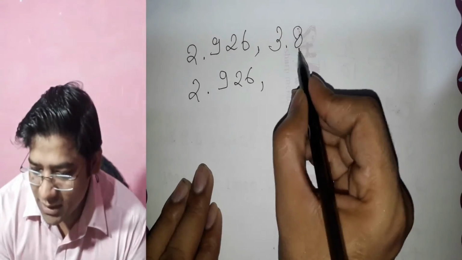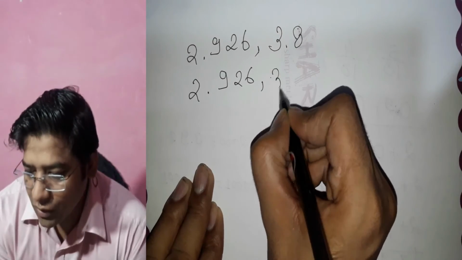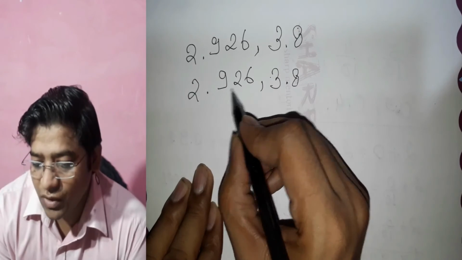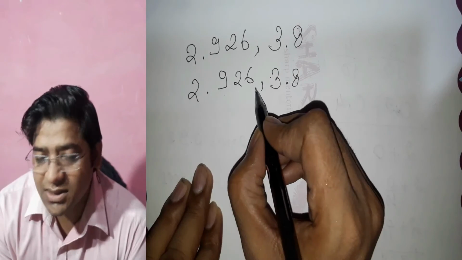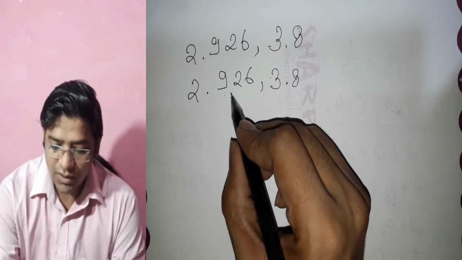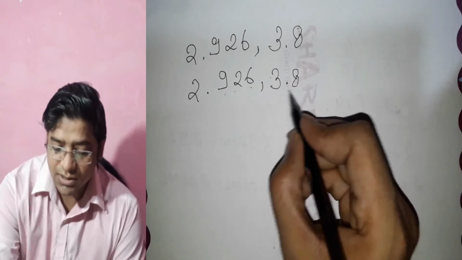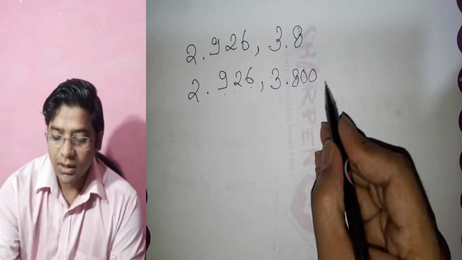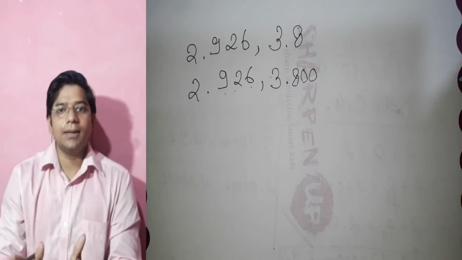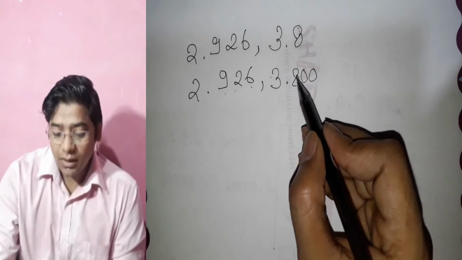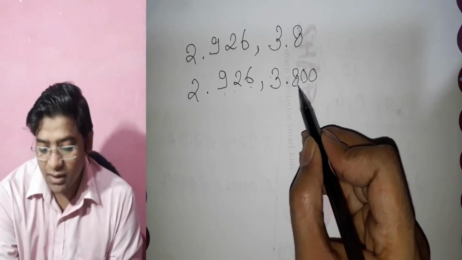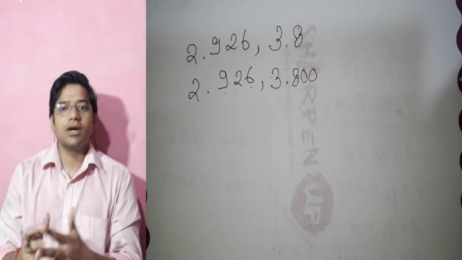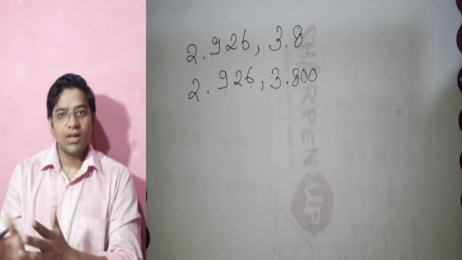So that means in the second decimal, you can write 3.8 and you can put zeros. First of all you have to see how many digits are there after the decimal point. You can see here 1, 2, 3 digits, and here is only one digit, so you have to put 2 zeros here. They are negligible, you can write them. Okay, so there we have 3 digits, 1, 2, 3, so that means they have now become like. So that's how we convert unlike decimals to like decimals.